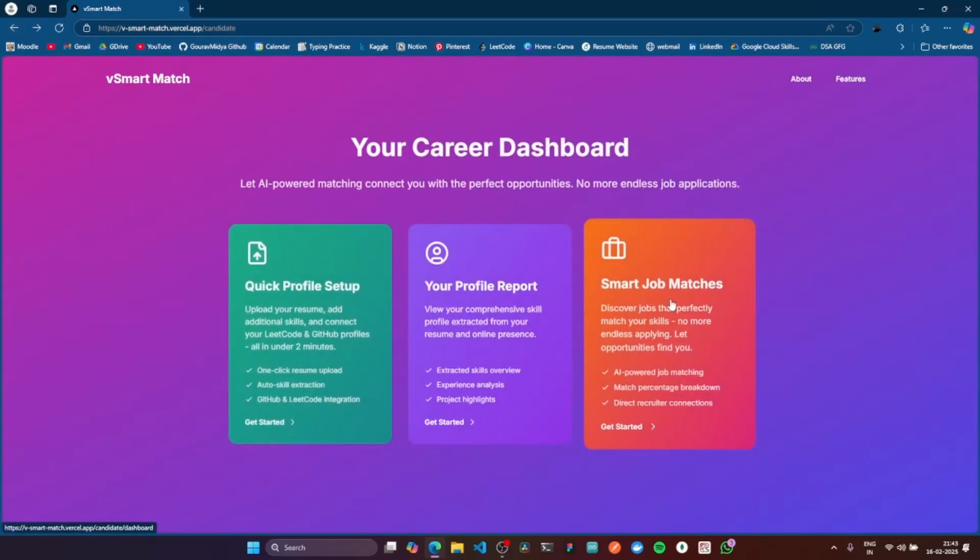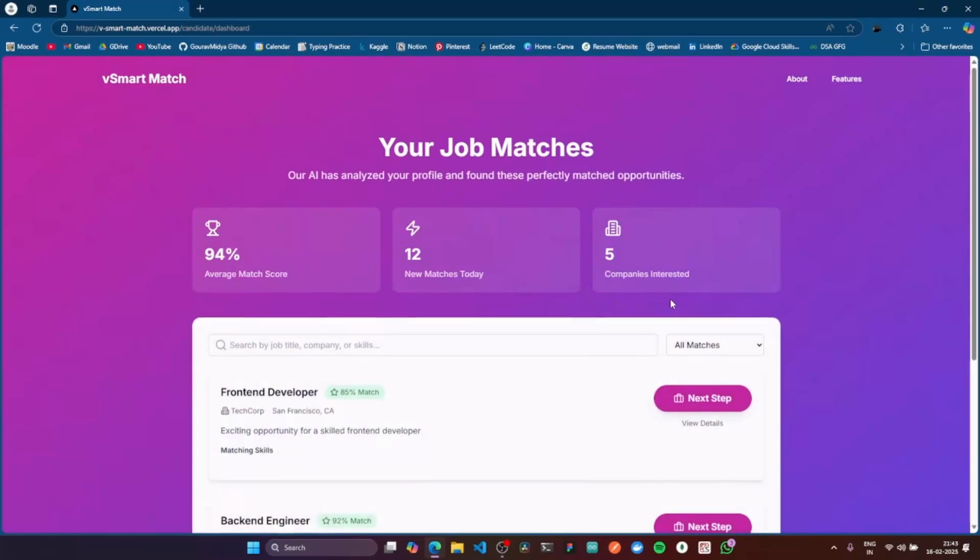Anyways, moving on. The core selling point of this application is the lack of application fatigue. We match the candidates with the available job roles, not the other way around of candidates applying in a doom circle to all the roles available.